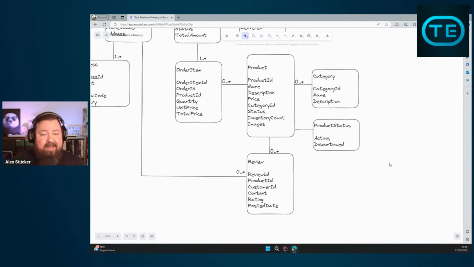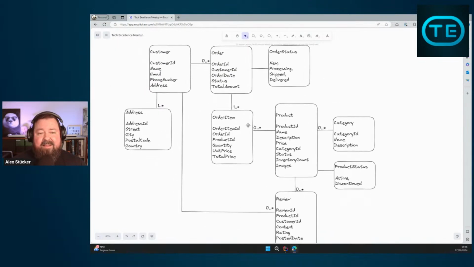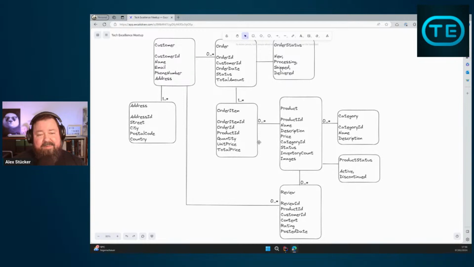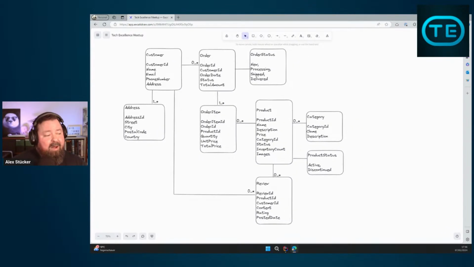And now they gave us this model, and if you look at it, this seems a little bit like an e-commerce system or something similar. And they have a little bit of problems with this model, and they would like us to introduce some DDD concepts to improve it. And now if we look at it,